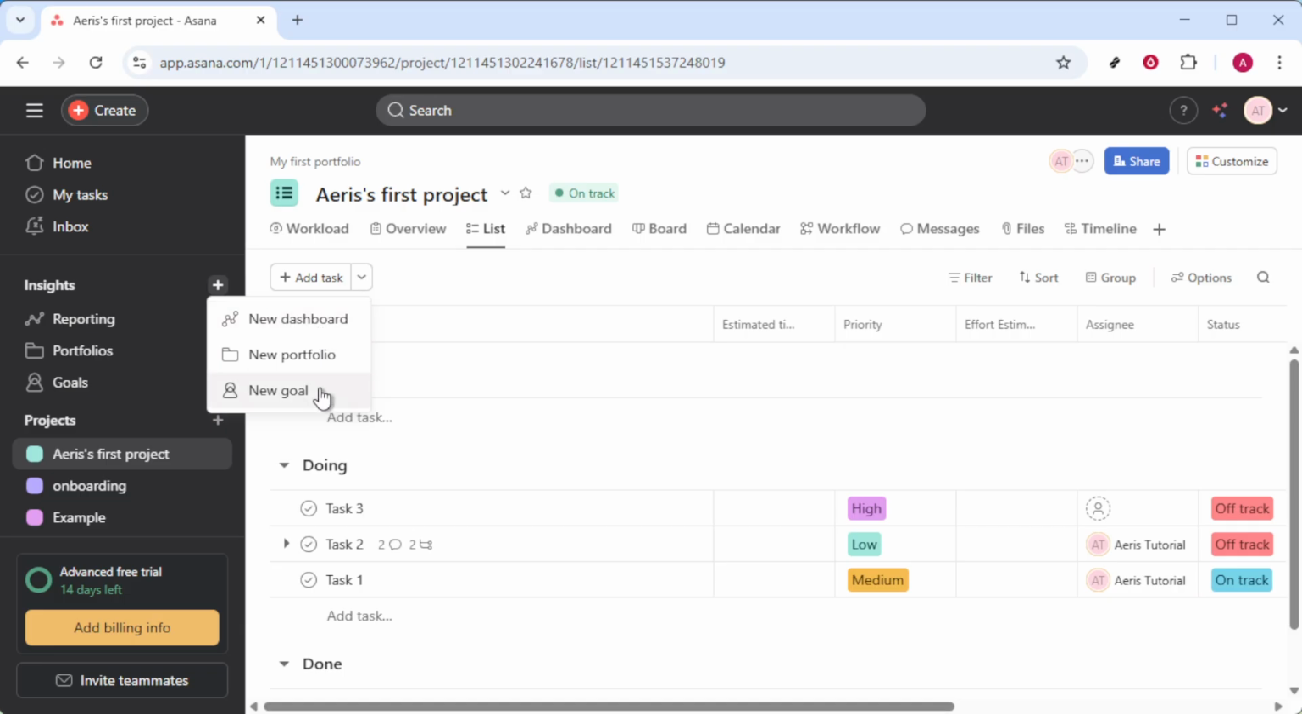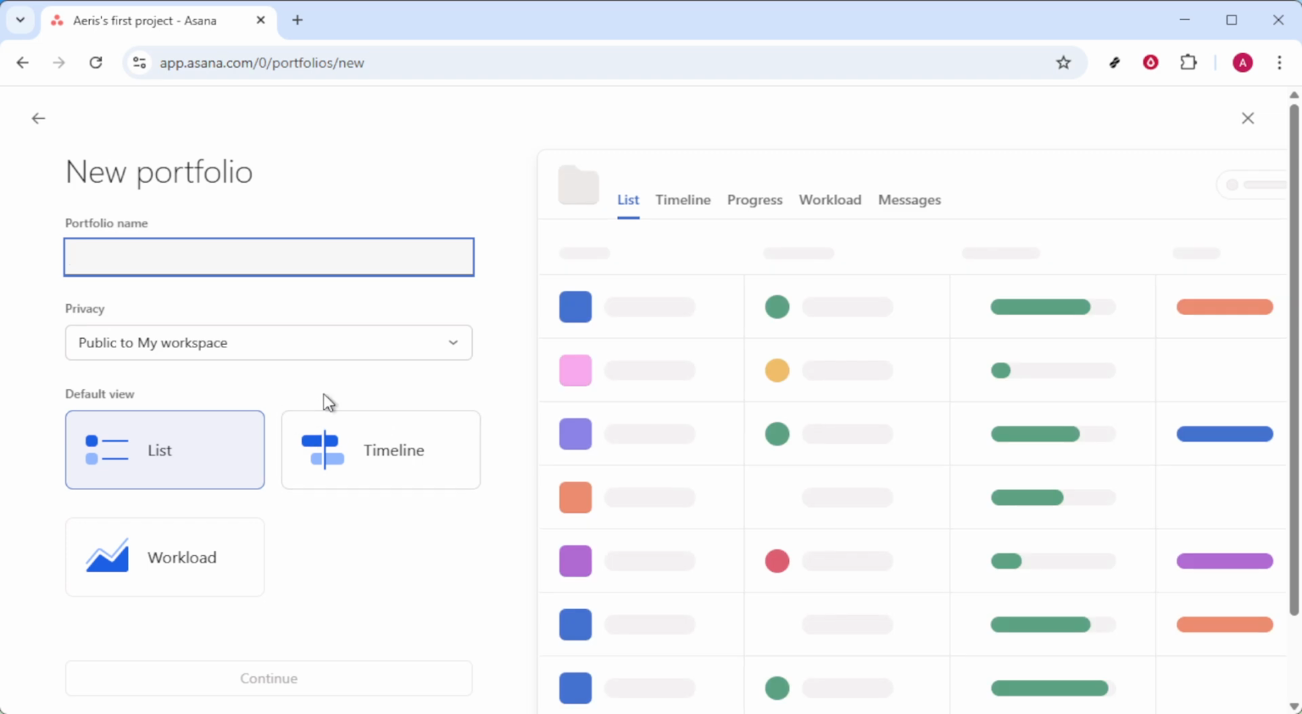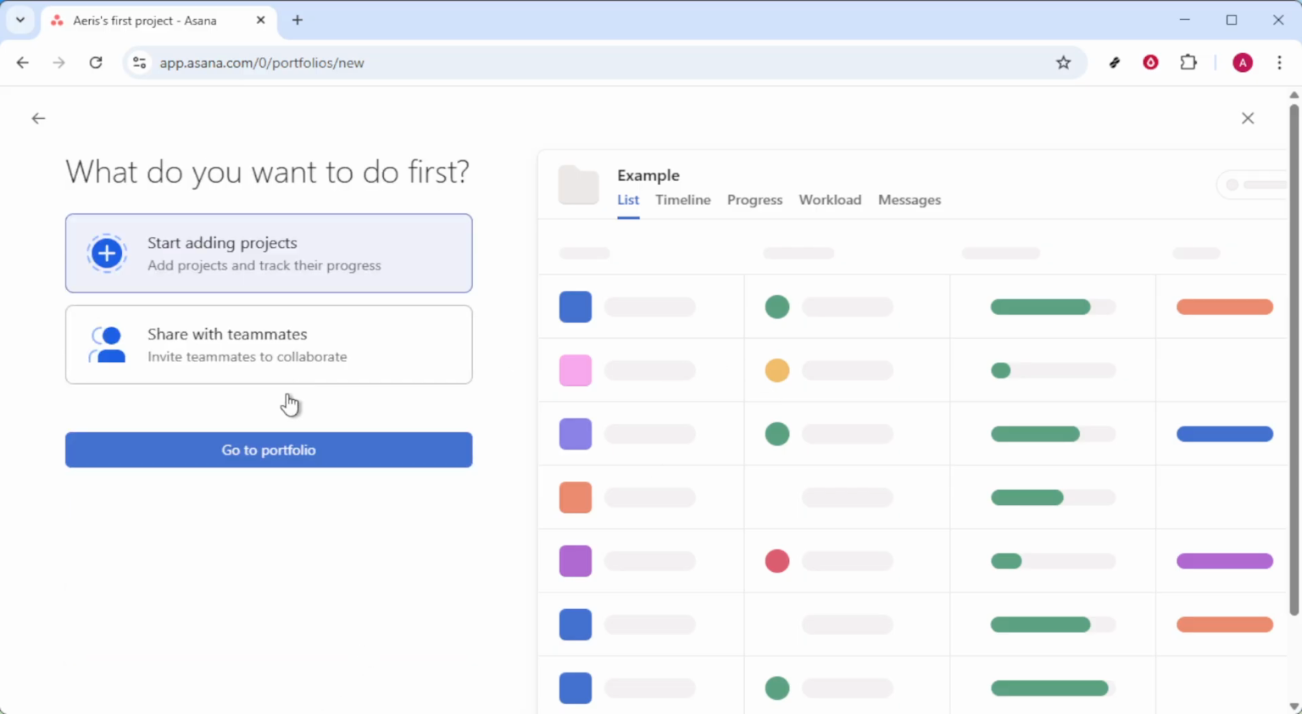As you manage your personal productivity, you might want to categorize different aspects of your life. Asana offers a new portfolio option where you can organize related projects together. This could be particularly useful for separating segments of your life, such as personal, work, or hobby projects. Within portfolios, you can choose different views: list, timeline, or workload, each providing a unique perspective on your tasks, progress,